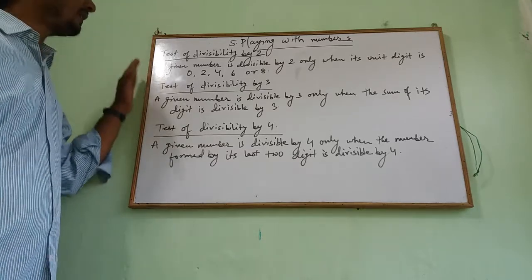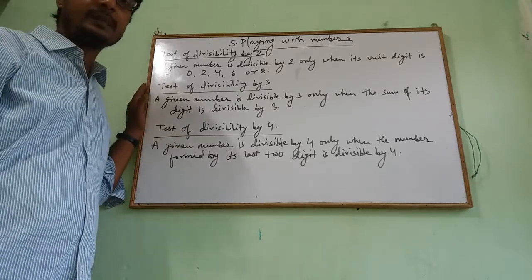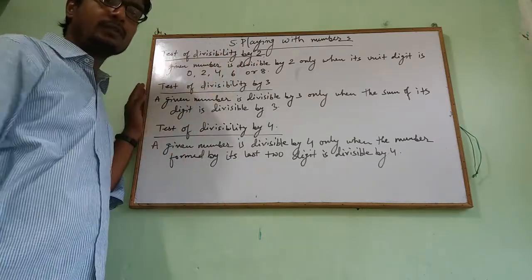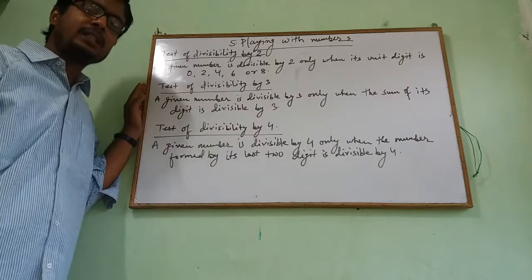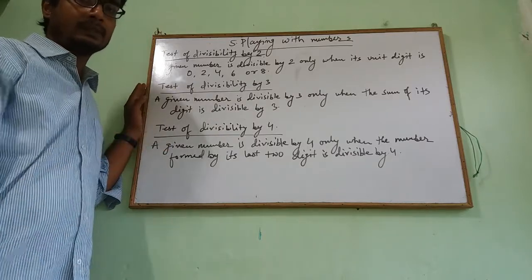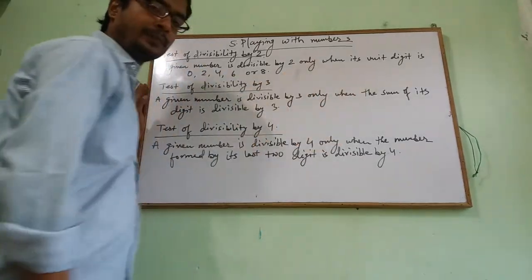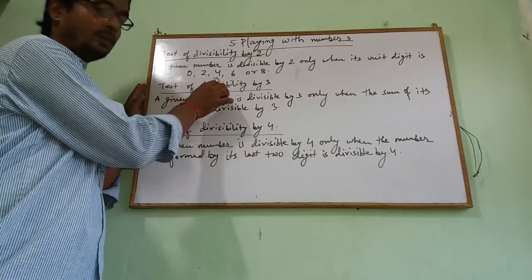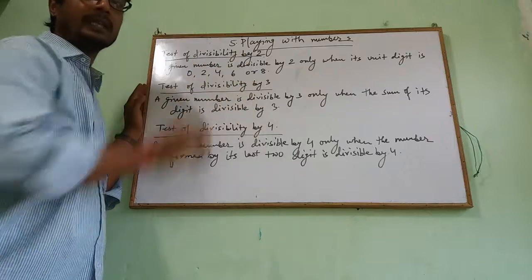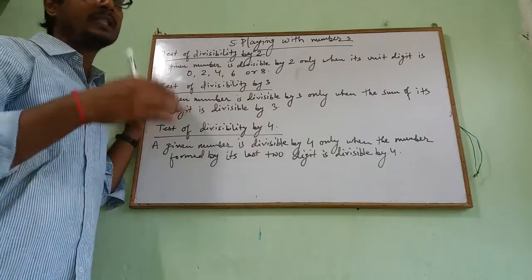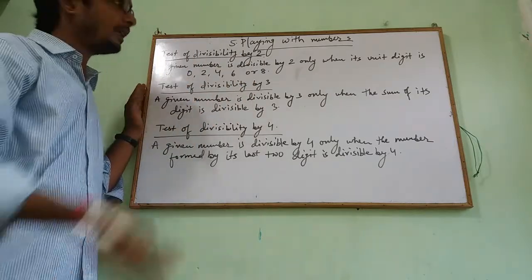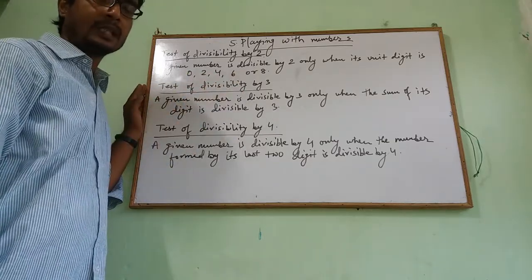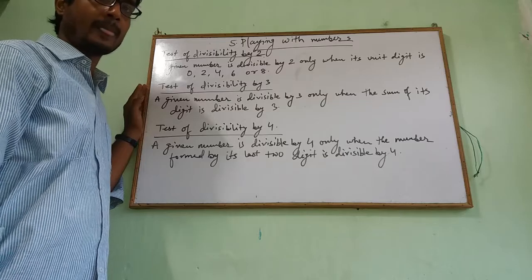Okay, students, so let's start the topic, the test of divisibility. So we will start the first, that is test of divisibility by 2. A number is divisible by 2 only when its unit digit is 0, 2, 4, 6 or 8. That means a number is divisible by 2 only when its unit digit is 0, 2, 4, 6 or 8. Else it is not divisible by 2. For example,